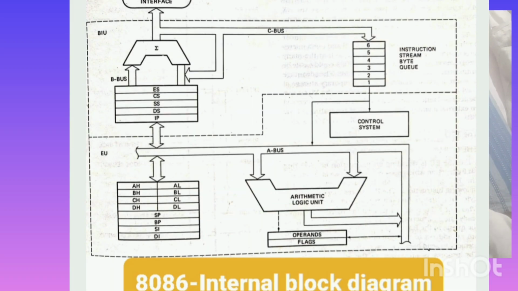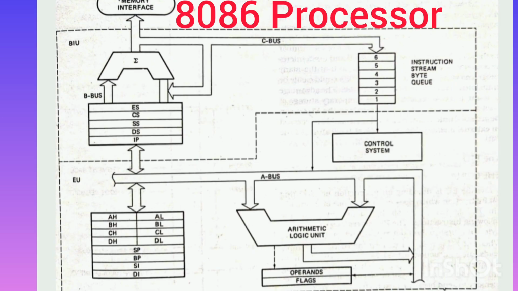Dear students, today we will discuss microprocessor, that is 8086 microprocessor. Microprocessor is a programmable logic device. It can perform arithmetic and logical operations. The 8086 microprocessor. The Intel 8086 is a 16-bit microprocessor that is used as the CPU, Central Processing Unit, in